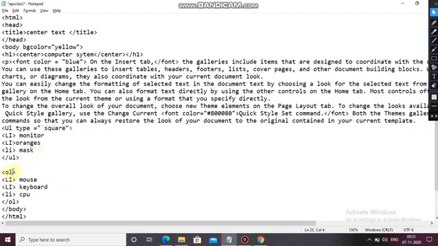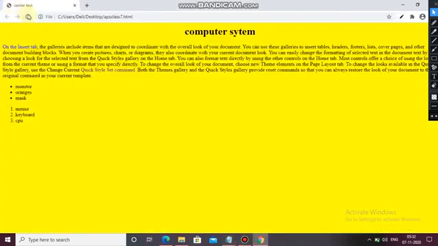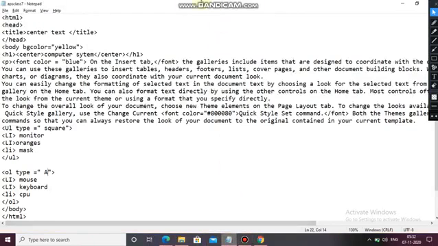Okay, in ol type equals to double inverted comma capital A. Control S, refresh it. No changes have been done. Why so? Let's see any mistake. See, I have provided this space, I think, so that's why a little bit of space is decreased.